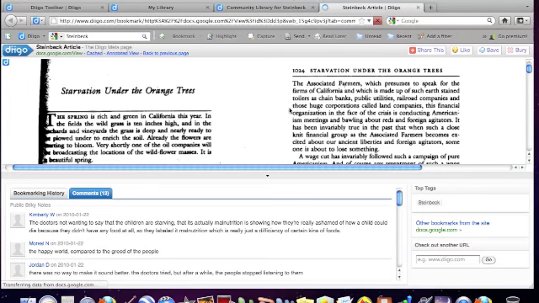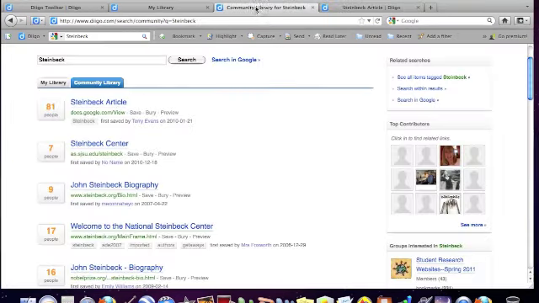Who knows? But it's a really neat way to search, and it's a great way to find fabulous resources for your research paper. So you want to make sure that you're searching in the community library as well, because that is, like I said, super useful. Okay, so there's more. There's a lot more. As we go through the year, we'll talk about using highlighters and attaching sticky notes,